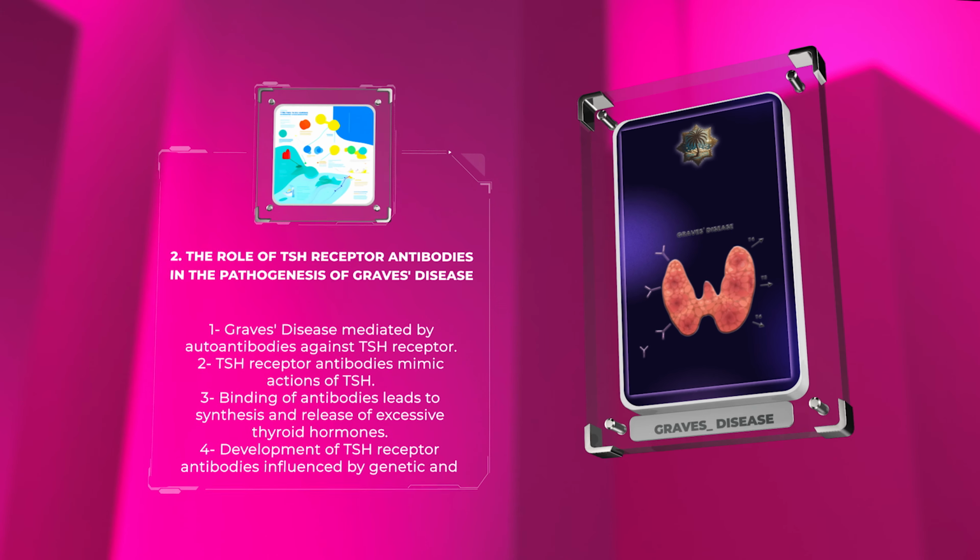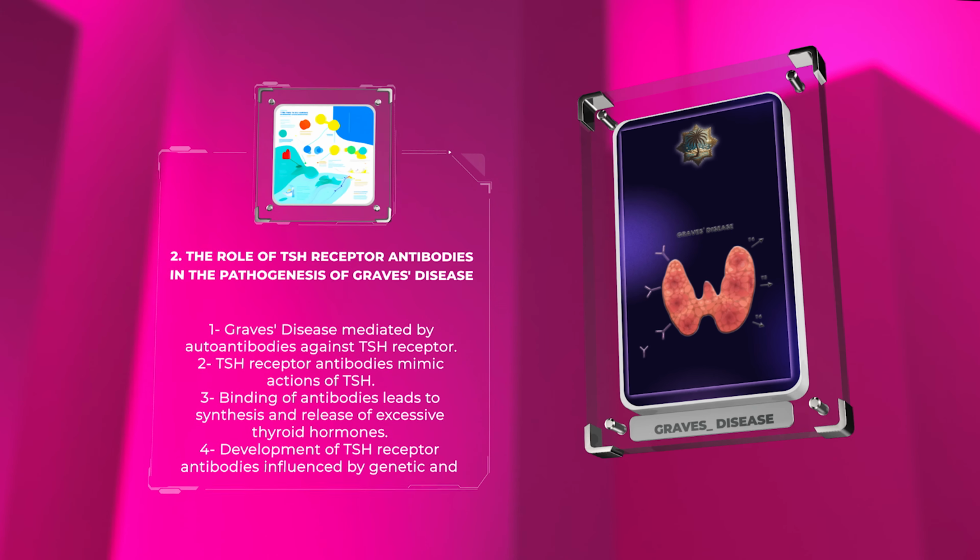Graves' disease is frequently accompanied by ophthalmic manifestations, collectively known as Graves' ophthalmopathy or thyroid eye disease. These ocular symptoms include eyelid retraction, proptosis, bulging of the eyes, diplopia, double vision, and in severe cases, vision loss. The exact pathogenesis of ophthalmic manifestations in Graves' disease is not completely understood. However, it is believed to involve autoimmune mechanisms targeting the orbital tissues and extraocular muscles.